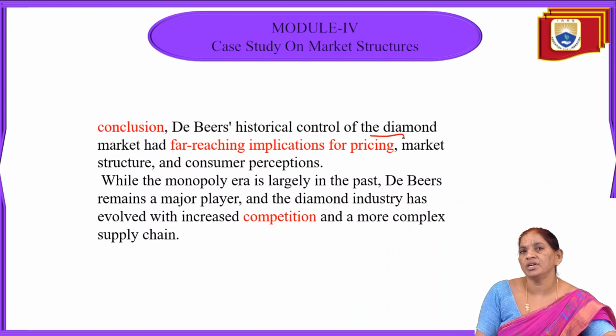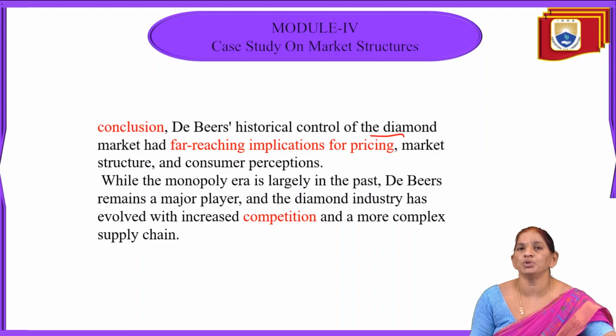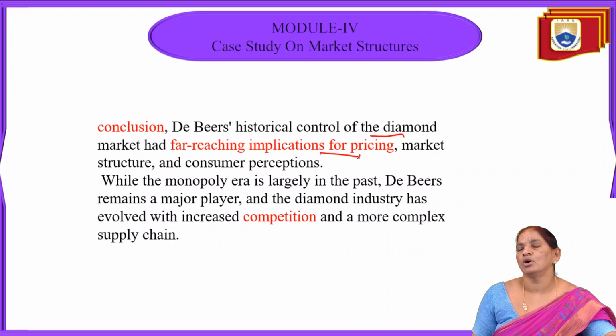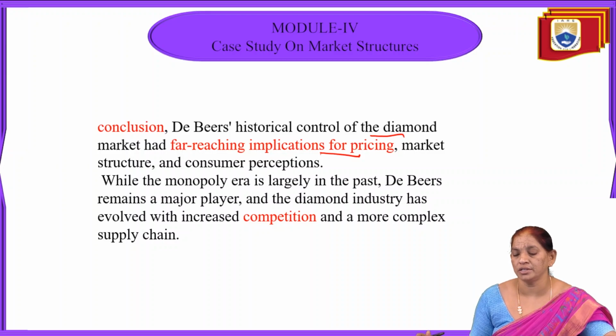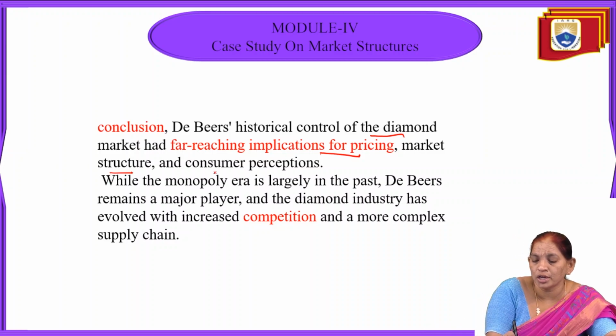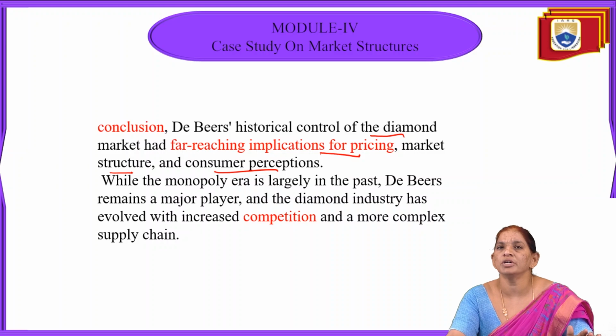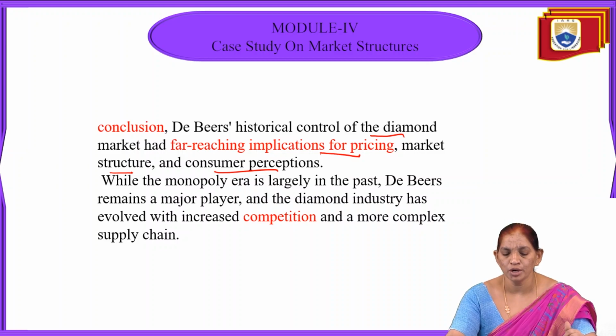the oldest industry, and it is mainly involved in mining and also distribution. So it has a tremendous impact upon the market and also implications for prices. It means what type of price setting should be done in the diamond market has been identified and it has good experience, along with market structure and consumer perception. Over a longer period it has attracted consumers. So it has a good analysis of what type of market structure to follow and what the consumers' tastes and preferences are.